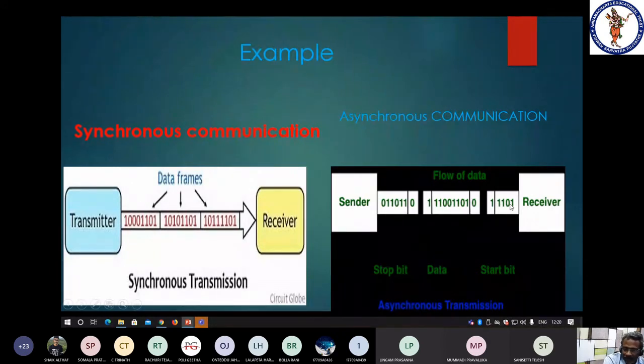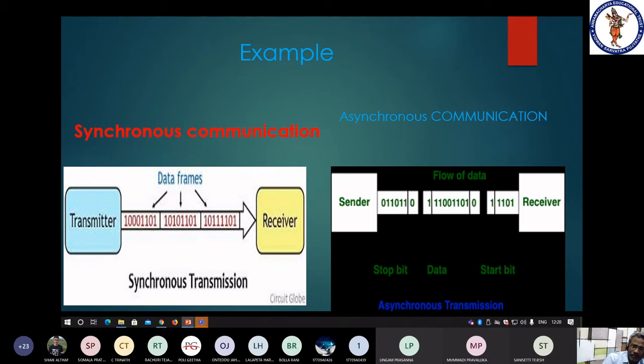So this is the transmitter, this is the receiver. Here the data is transferred bit by bit. That means for every clock pulse, 1 bit of information is transferred from transmitter to the receiver. Just like synchronous is a parallel data communication, asynchronous communication is nothing but a serial data communication. In asynchronous communication, we have one signal line, through which the entire data you can transfer bit by bit.